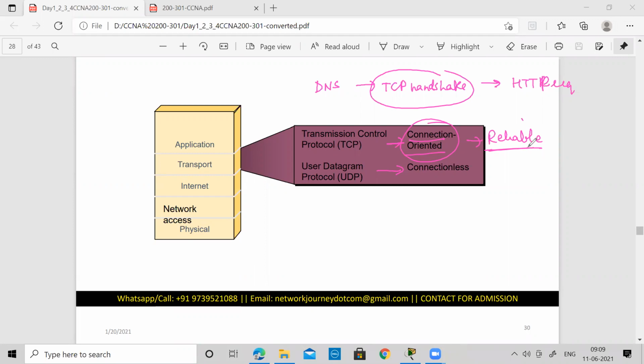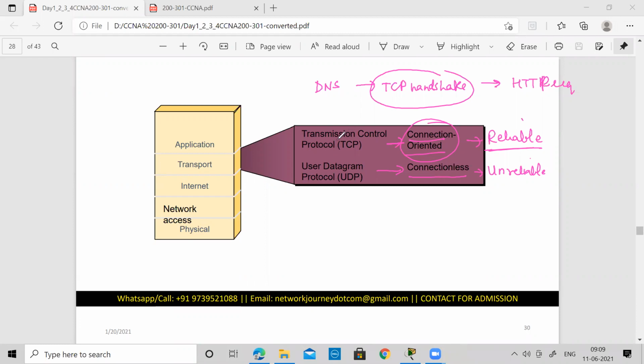That may raise another question: why do we need an unreliable service? When I say UDP, it's a connectionless approach, and it's not reliable. That means there is no acknowledgement I will give you when I send the data. There is no feature of retransmission. I cannot ask for a retransmission because I'm not acknowledging either. And there will be no sequencing involved.